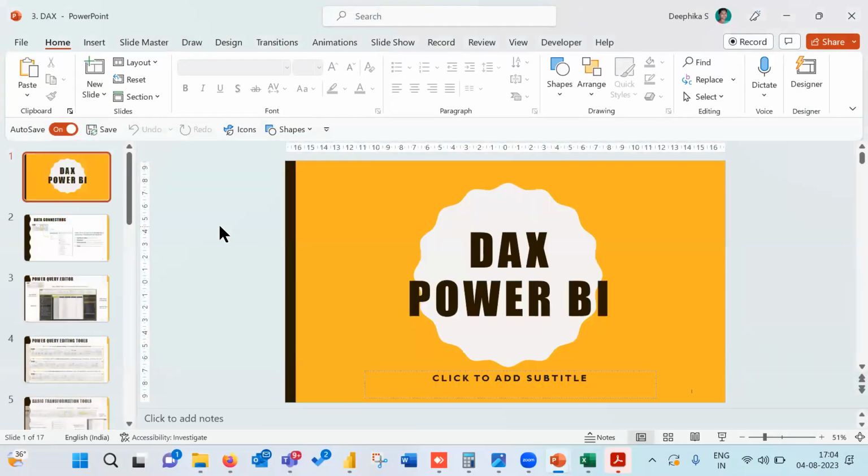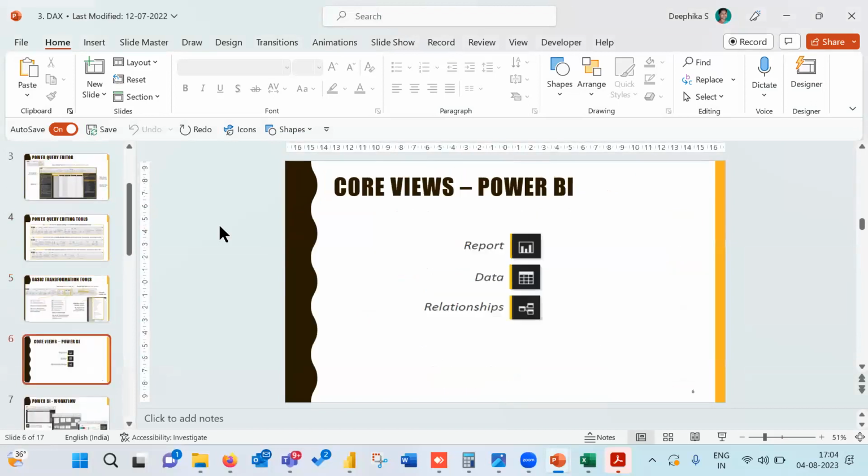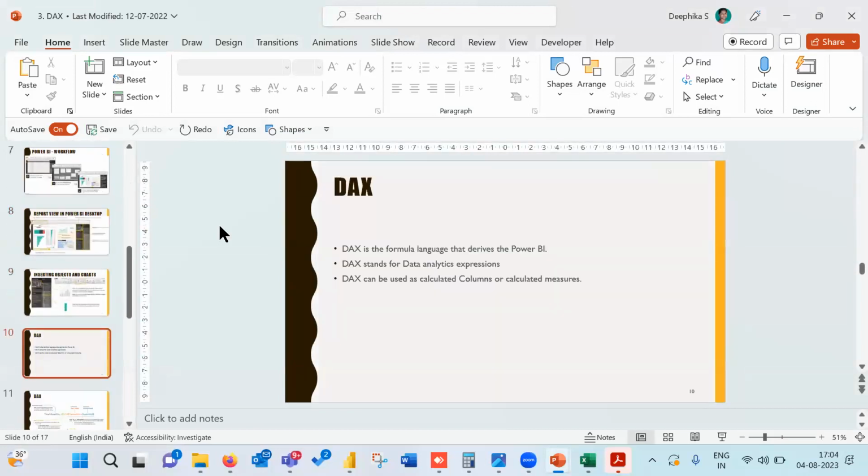We'll just quickly go through it. So these things I have already shown, data view, report view.